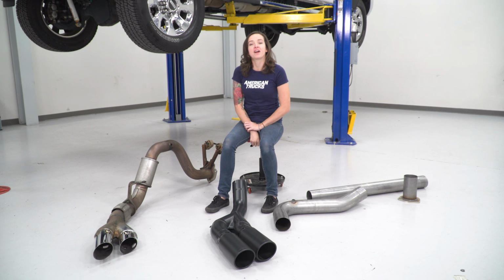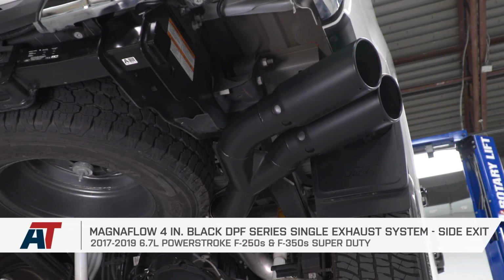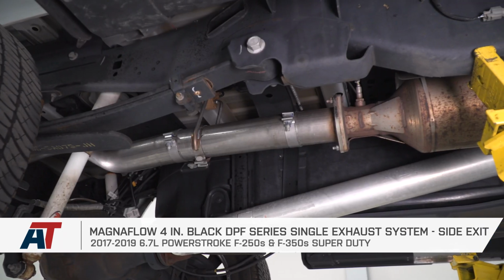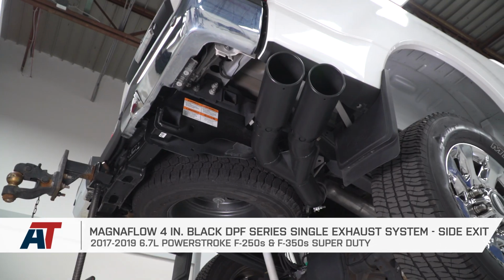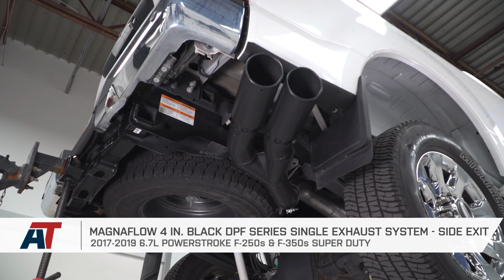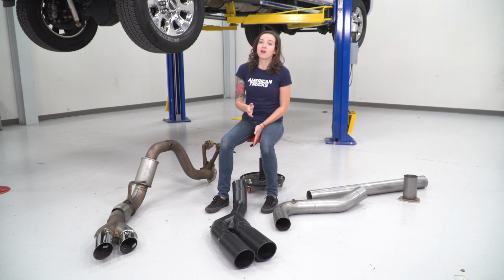All right, now that we have our factory exhaust uninstalled from our truck, we can put it side by side with our Magnaflow exhaust and really check out some of the similarities and differences. Now right off the bat, you may have noticed the Magnaflow tips are quite a bit larger than factory. They do still feature a side exit configuration and cooling vents similar to factory, but they are 5 inches and